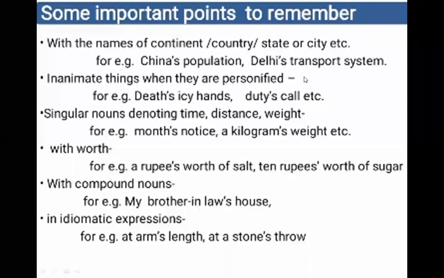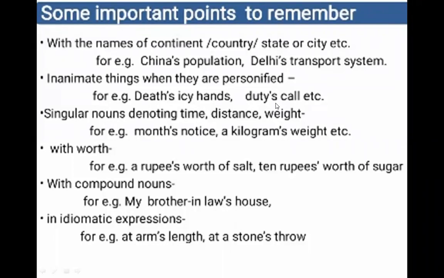For example, night. The poet can assume night as a lady. The beautiful night in the black gown with stars on the flares. This kind of assumptions, personifications are done. Wind, west wind. The poet here has used this as a person. That abstract noun or abstract idea can be used as a person. There this apostrophe S is used. Winter's icy hand. Duty's call. See, this apostrophe S is used.